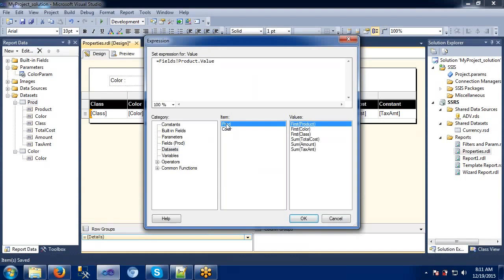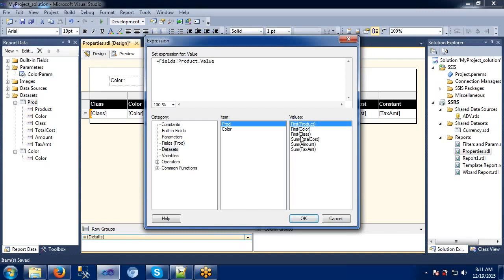We have two data sets which are available in this report. It has aggregated them into two parts: first all the textual fields, and then the integer related fields, as displayed in the data set here.